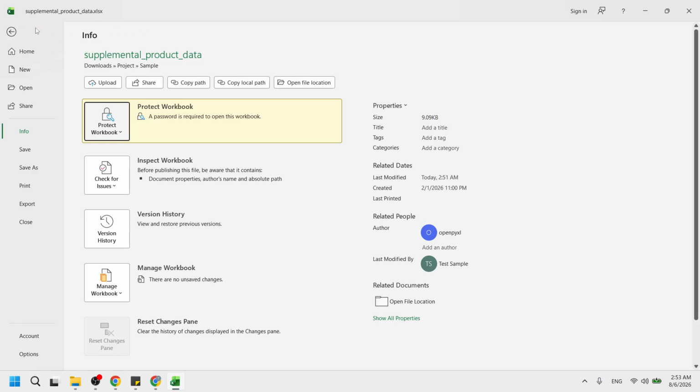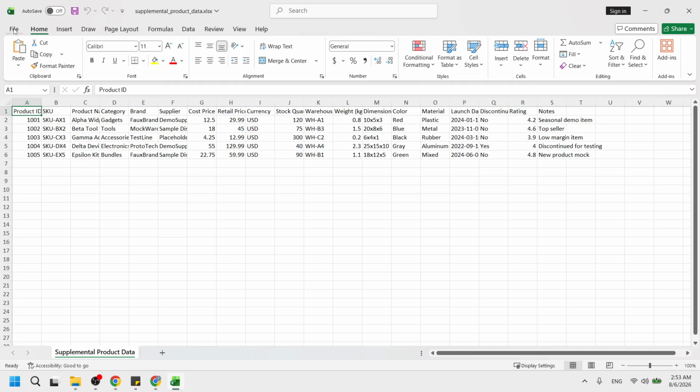After that, save the file to apply the lock. Click the regular Save button or use your normal save method. The next time you or anyone else opens this workbook, Excel will show a password prompt before the sheet appears. Only someone who knows the password can get into the file. You have now added a password, so your Excel file is locked from unwanted access.